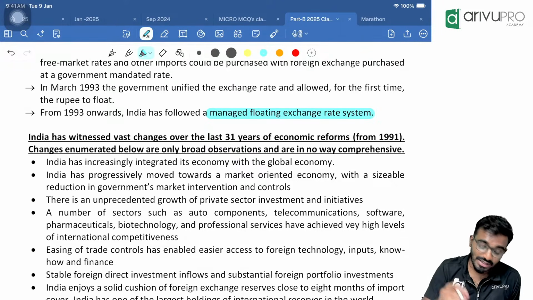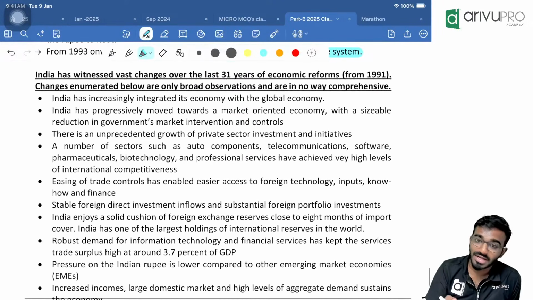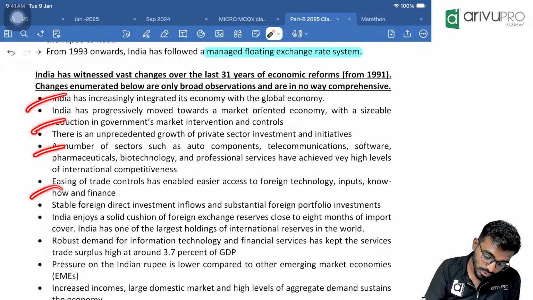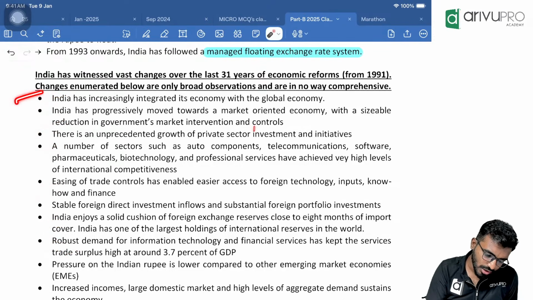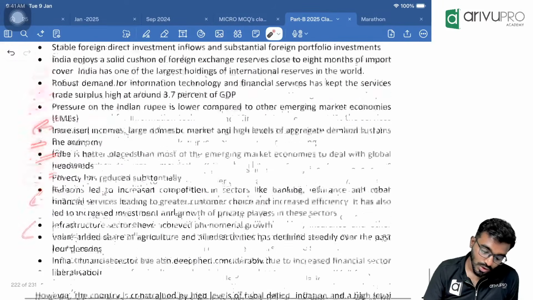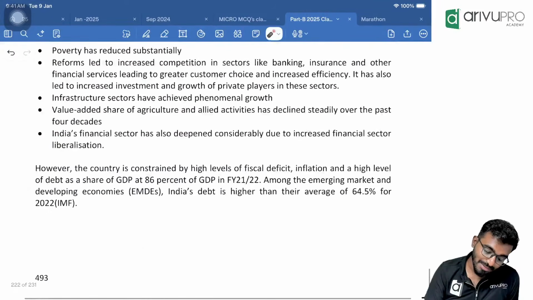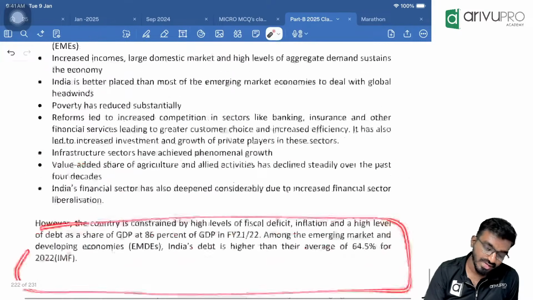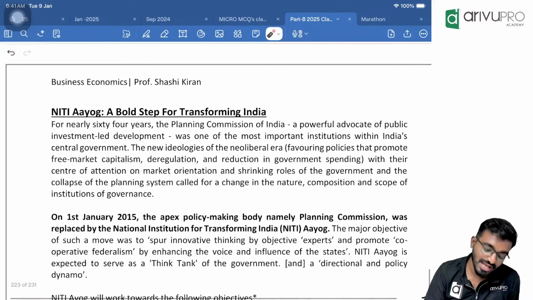And after 1991 till now, what all we have done in these 30 plus years, this is where exam questions will come. From any nook and corner of this area, they may pick up a question. All of this poverty was eradicated, and so on. See, anywhere in this, nook and corner, questions can be asked.